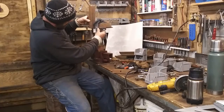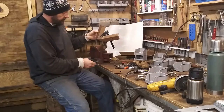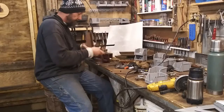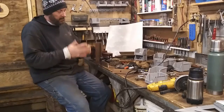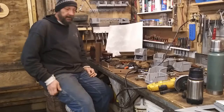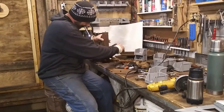Now, as you can see, it's not squared in. That's why you're really going to go with your top edge, because if you were cutting with your grinder, cut off wheel, and you went off a little bit, then you're going to be off. What I do like to do sometimes, and this probably helps you guys out, is I like to take a light